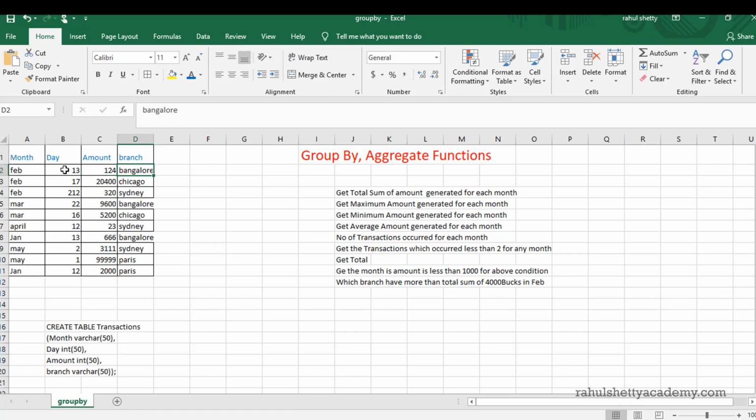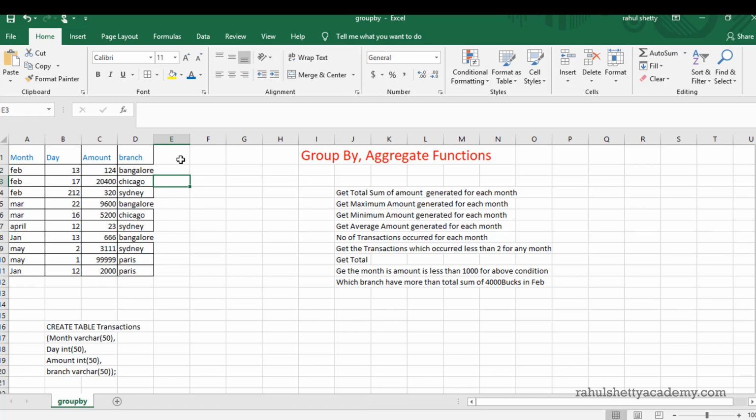On February 13th, 124 rupees transaction happened in the Bangalore branch, and on February 17th, $20,400 transaction happened in the Chicago branch. Let's say there is one company and they have branches in different places. So this is the amount they got on a specific day in a specific month. It seems they hardly got 3 transactions in 1 month, that too from 3 different branches. So very poor performance by that company.